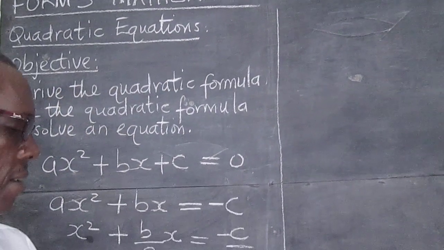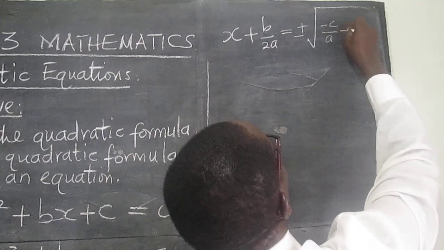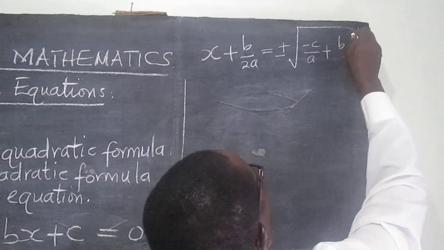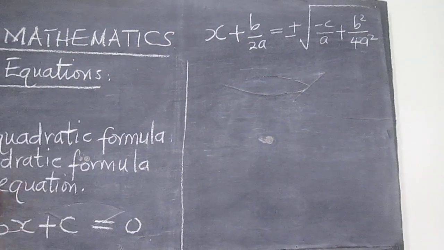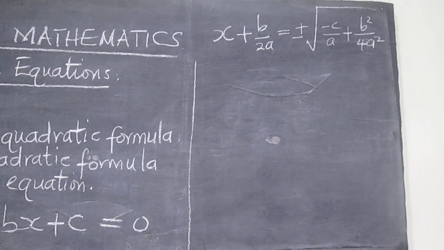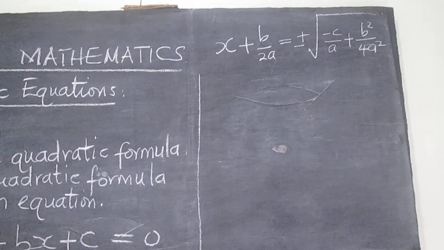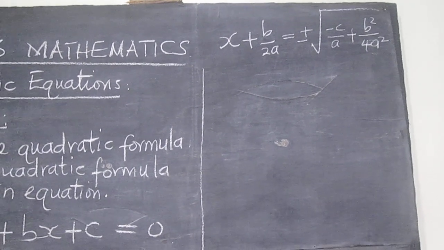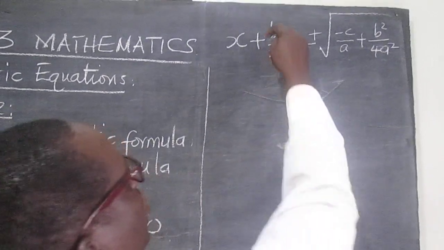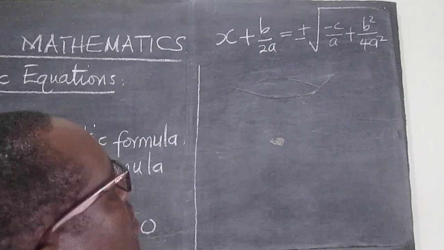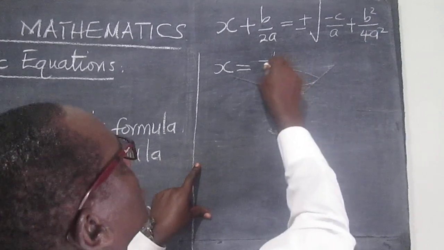And we will move this value now to that point so that we have x plus b over 2a equal to plus or minus the square root of what is on the right hand side. Now we need the LCM here. And we need also to move b over 2a to that side so that we remain with x. And that gives us minus b over 2a